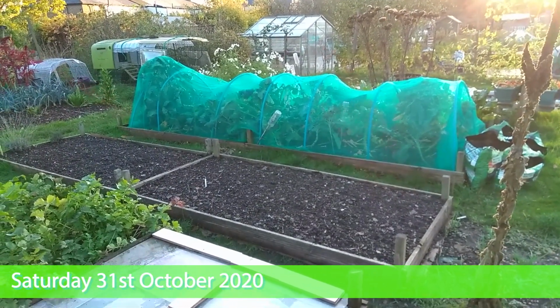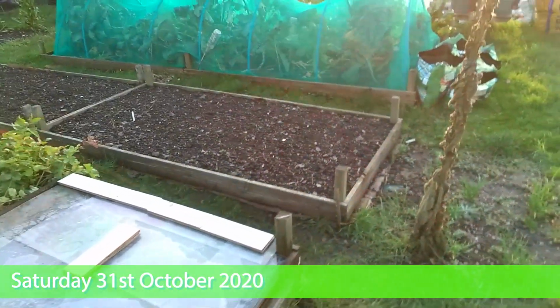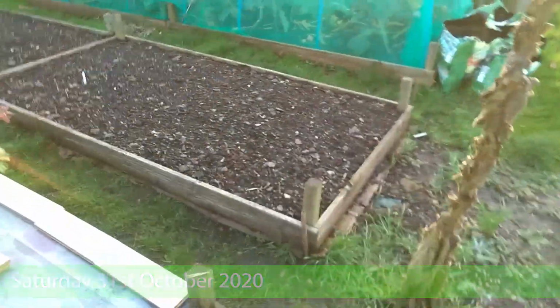Just popped down to do a little bit of harvesting. I'm going to harvest some lettuce for this evening. Checking on the